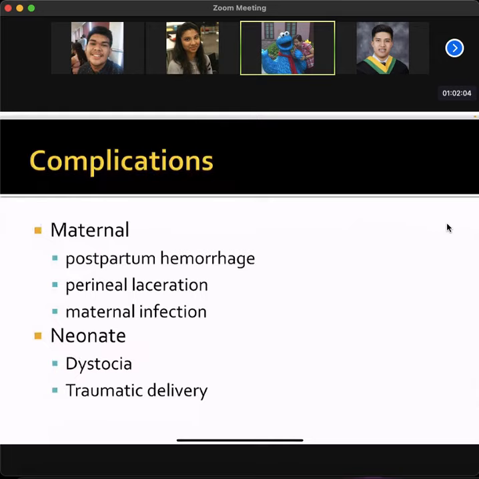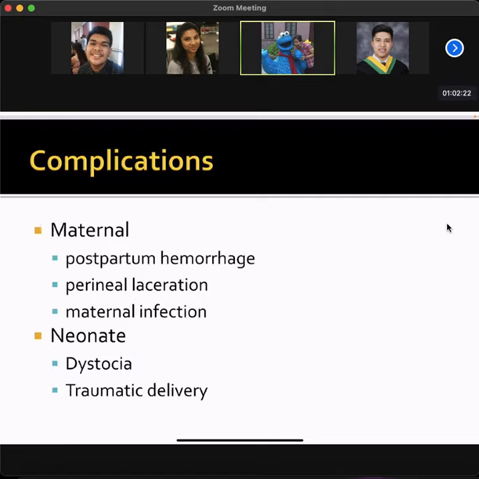For the neonate, dystocia is a complication. Traumatic delivery, so babies would end up with fractures. And worst case scenario is fetal death